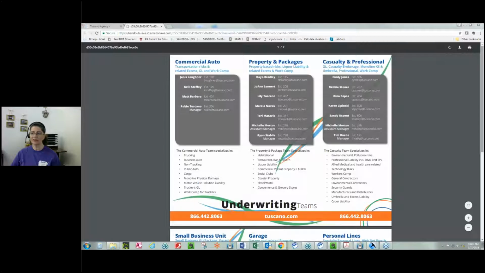So I'm going to log in as if I am signing in as one of the agents. It will take you into the toolbox. These are the tools you have available 24/7. When Toscano Agency is closed, you still have access to your policies. You still have access to the raters and the product pages, the applications. As you can see, you have the ability to go into the policies. You can issue certificates on our website.